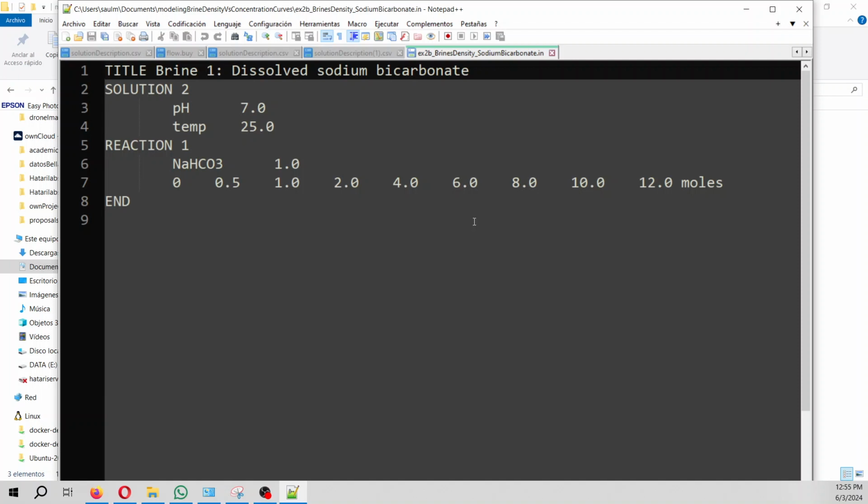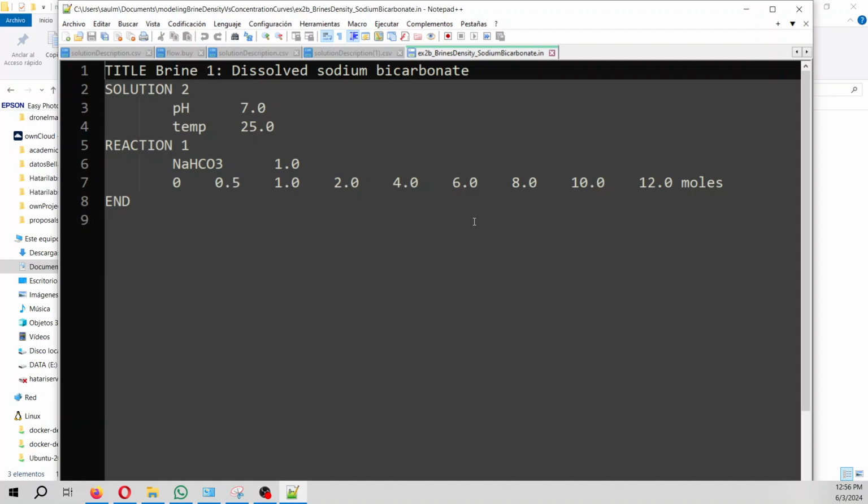There are more brines that exist in a salt lake, but these are the most common ones. We got this from another simulation in Phreeqc, where we evaporate almost all the water from the salt lake, and we got several species, but these are the most abundant